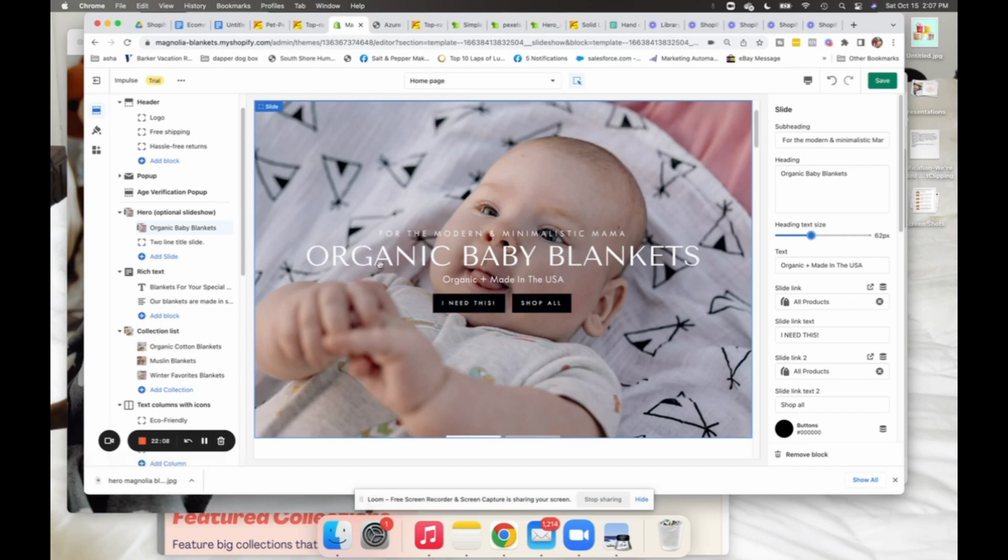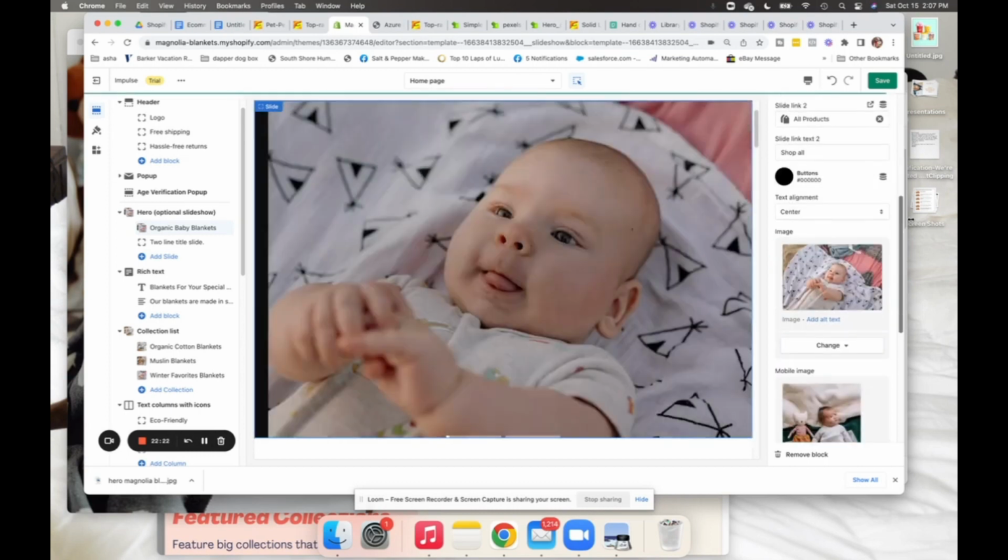Since we already have organic here, we don't want to waste that. So we're just going to get rid of organic, and we're going to say made in the USA. And that's it. That's as simple as it needs to be. If we feel like we need to,